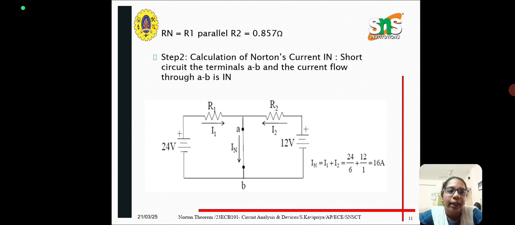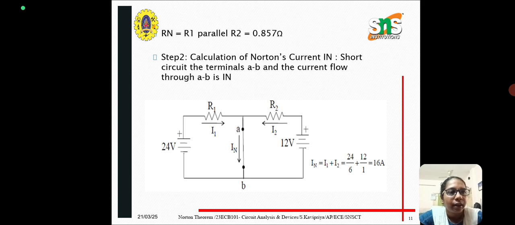For calculating I2, I is V by R. I2 is equal to V2 divided by R2. The V2 value is 12 volt divided by the R2 value, which is 1 ohm. So 12 divided by 1. IN is the sum of I1 and I2. So 24 by 6 plus 12 by 1 is 6 ampere,